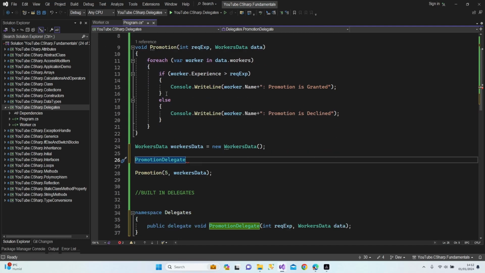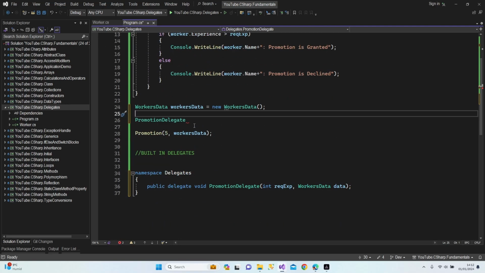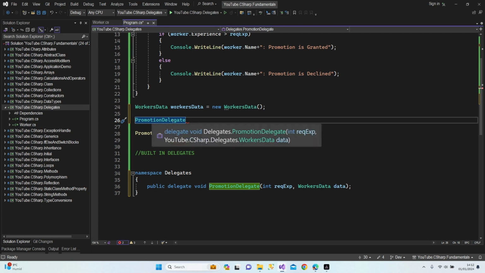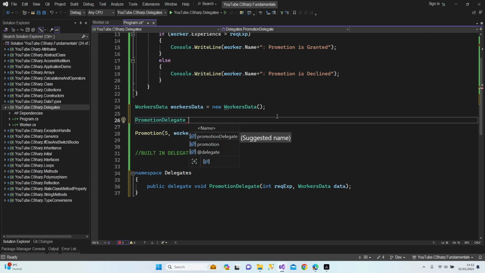Here we go. And we're able to use our delegate now. After calling your delegate, it is the same procedure, creating a new object. Okay, let's give a name. I'm going to give promotions. Let's say promotion delegate